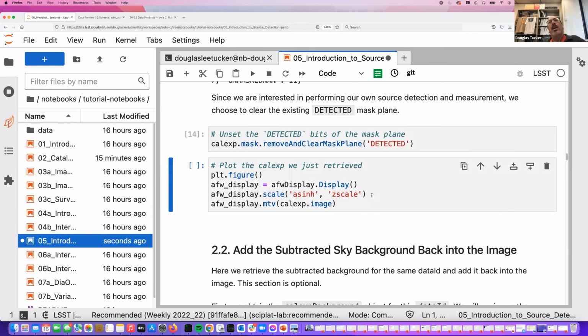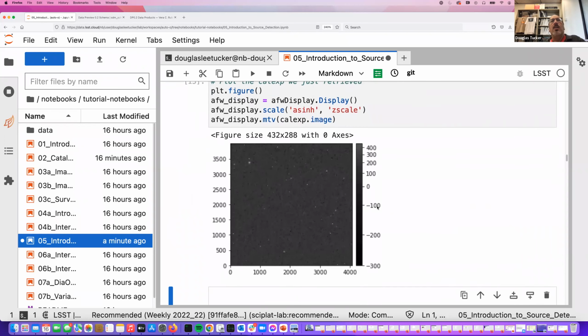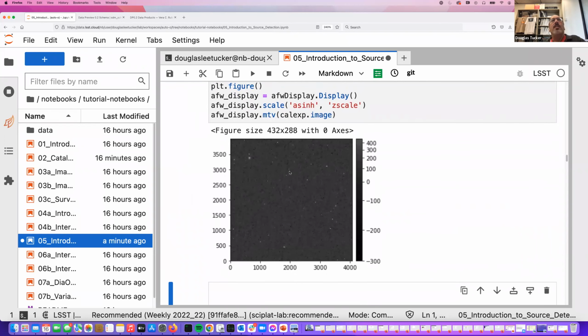And then we can take a look at our image using the standard AFW display that we've seen in previous tutorials, and we'll use a hyperbolic arcsine scaling with the zscale parameters. And voila,